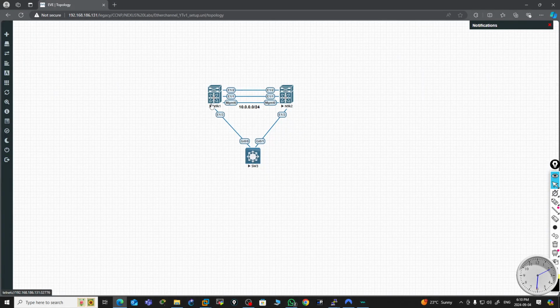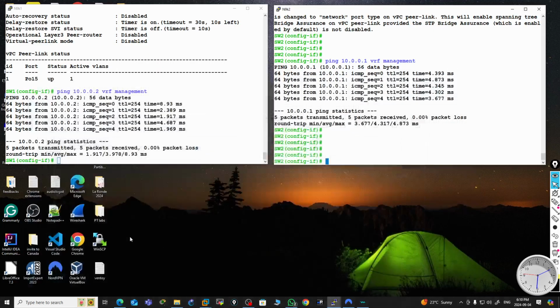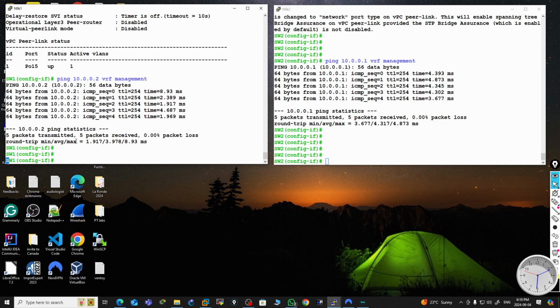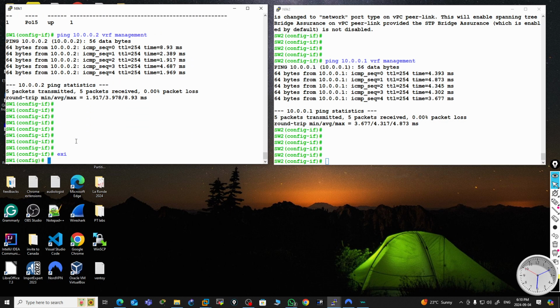Now what's left right now is to configure on each of these Nexus switches this port and this port, so that when we configure the IIS switch, they should be able to form a port channel with this one. So let's go into each one of these Nexus switches and configure the TEP interface. We go here, do exit,